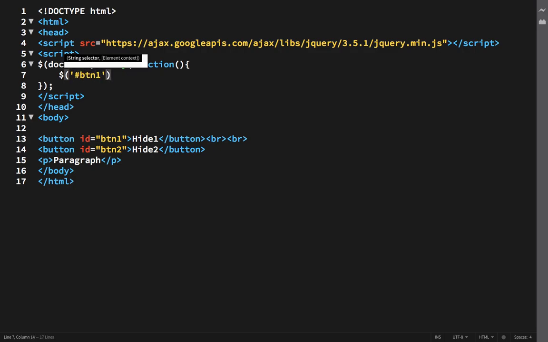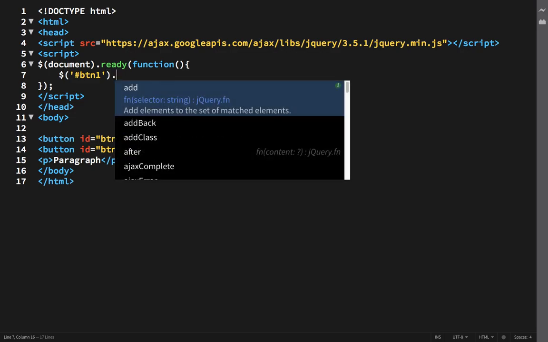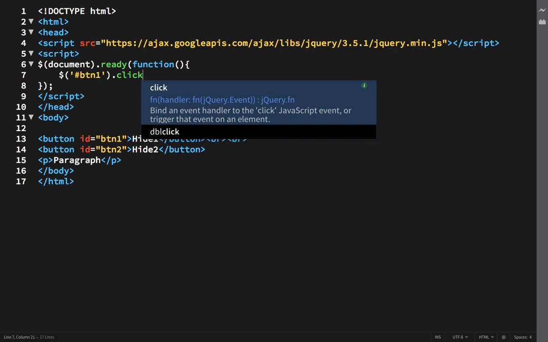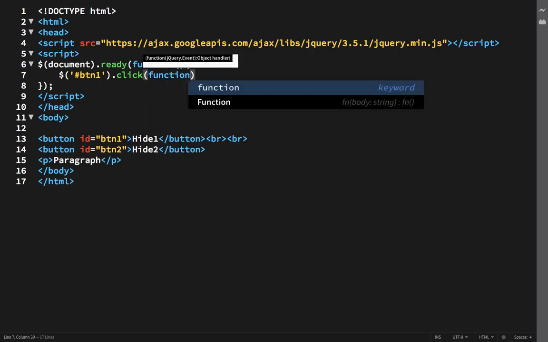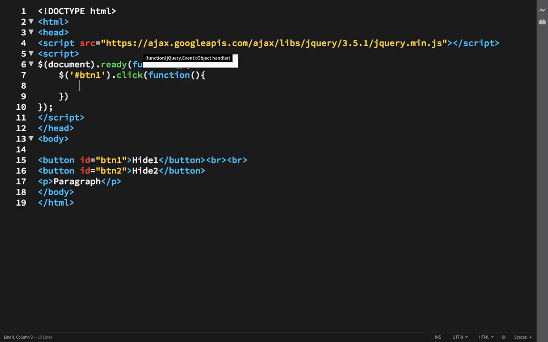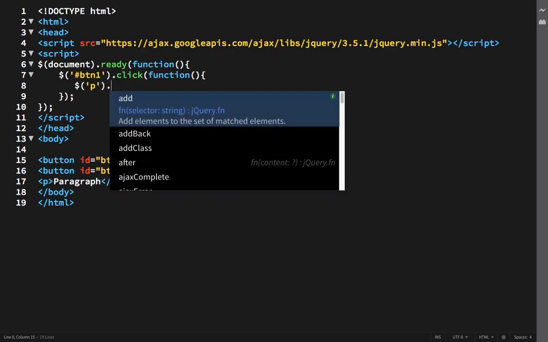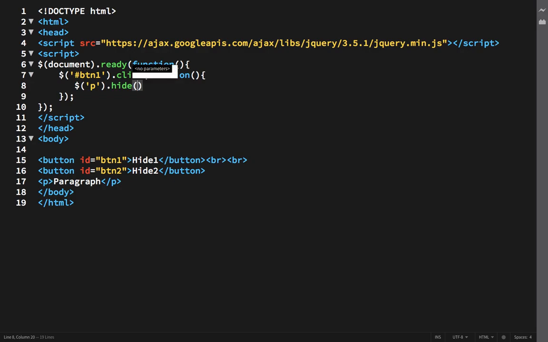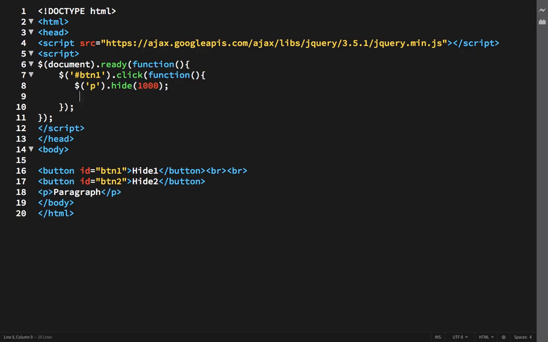I will use button 2 later, but let us create some functionality on button 1. And whenever I click this button, it should call an anonymous function for which functionality is inside this function. What I am going to do now, I will hide this paragraph first in 1 second, and then I want an alert which says paragraph is hidden.